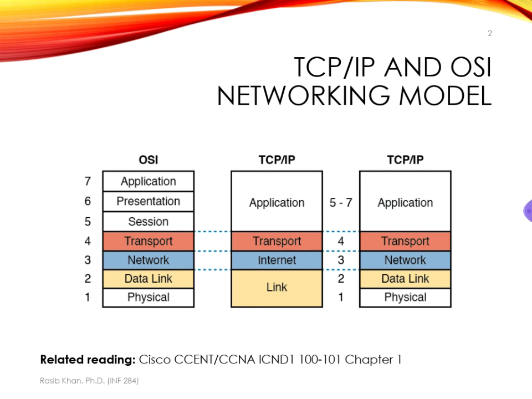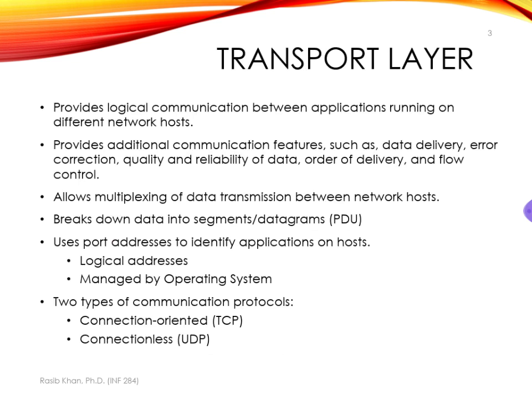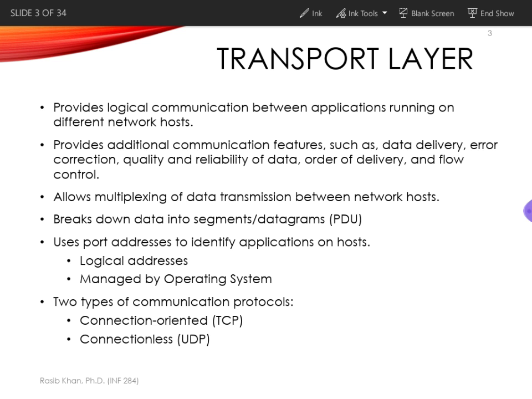So far the lectures have been covering bottom up approach. So we'll cover the transport layer first, and then we'll talk about the application layer. So the transport layer provides logical communication between applications which are running on different hosts in the network. It's not necessary that these hosts are running in the same network. They could be far across the world, running in 2 different networks,